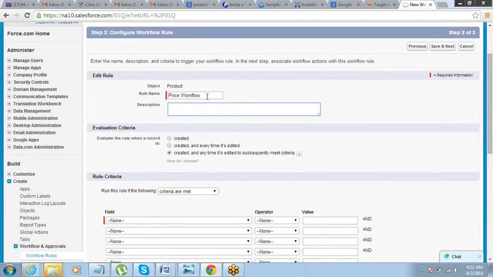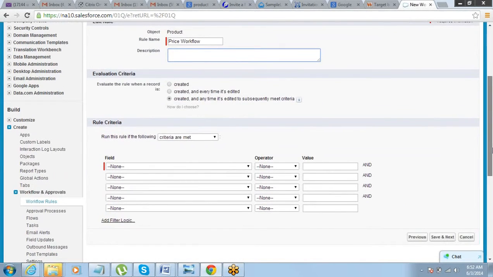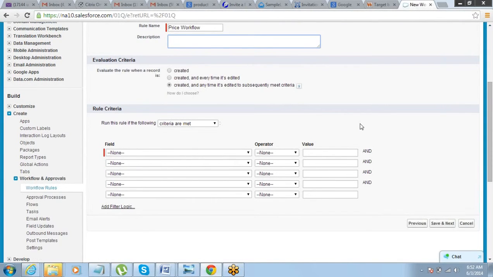So give a name to the workflow rule. That's fine. Okay. This is where we have to define the criteria. So we have selected the product. We have to define the criteria.